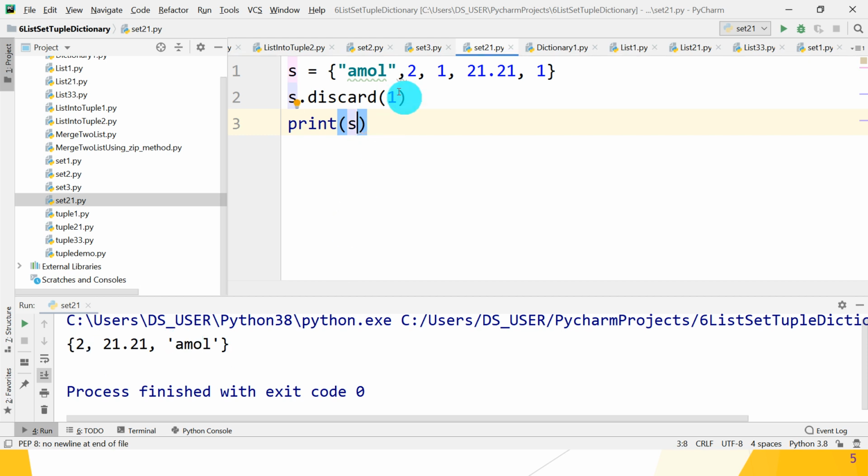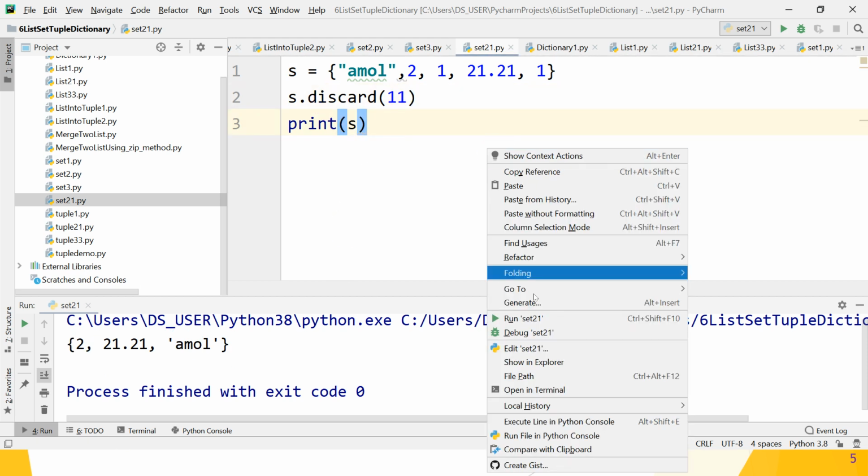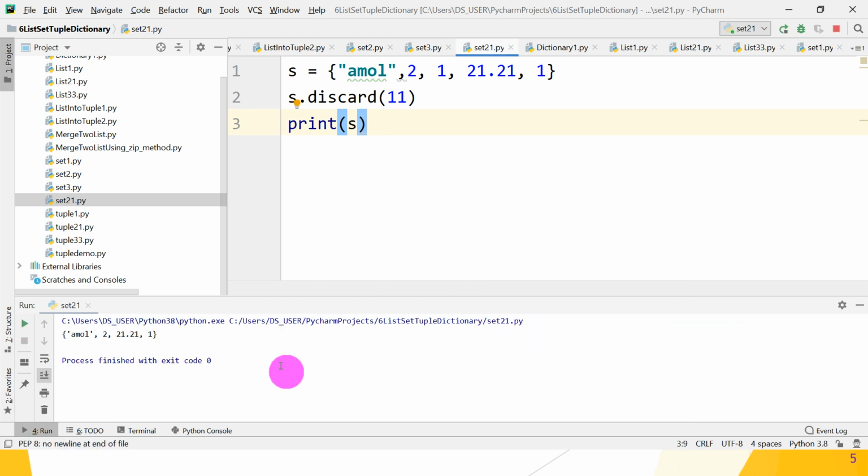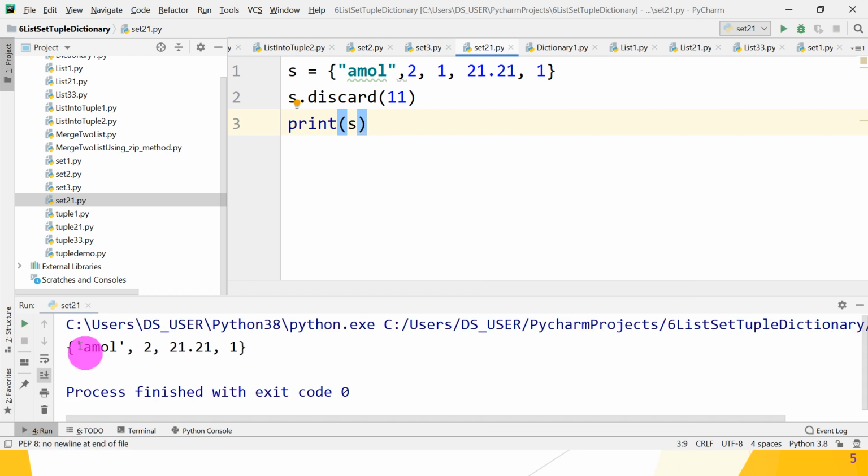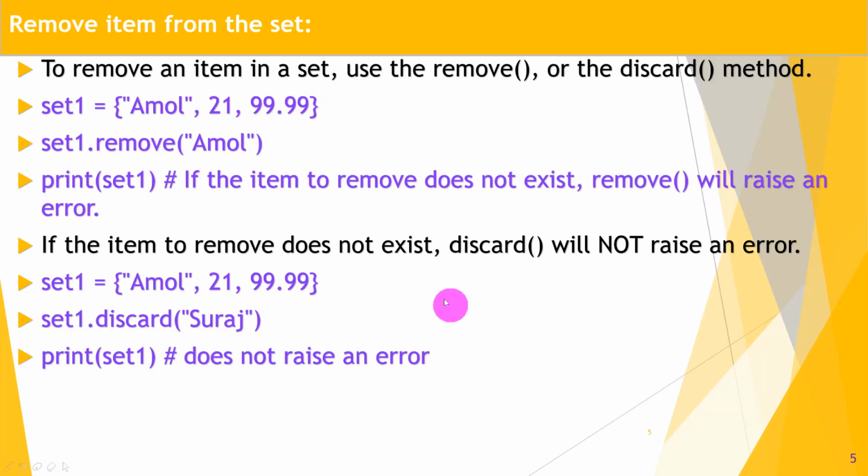But if we use 11 and run it again, what does it give you? The whole set is displayed, great. But it does not give you any error. Hope you understand the difference between the remove and discard methods in the set. Great. Let's move to the next point.